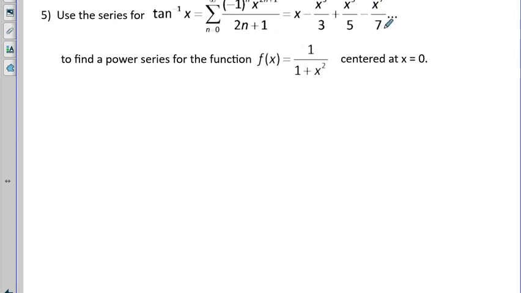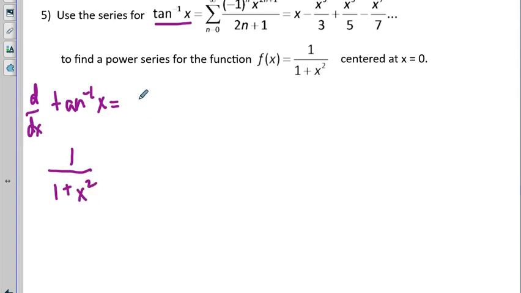And we want to use this series for inverse tangent to find a power series that would represent 1 over 1 plus x squared. So when you see something like this, you want to be thinking about what do you know about this function that you could do to it to create this function. So hopefully as you're looking at these things, you're recognizing that inverse tangent has a derivative of 1 over 1 plus x squared. So I could take the derivative of this and get 1 over 1 plus x squared. So I'm going to actually write that here. So the derivative of inverse tangent x is 1 over 1 plus x squared,